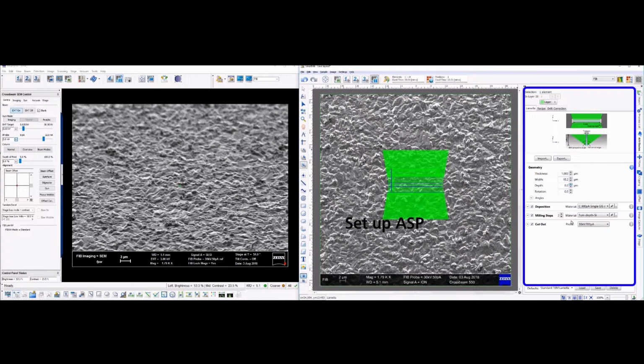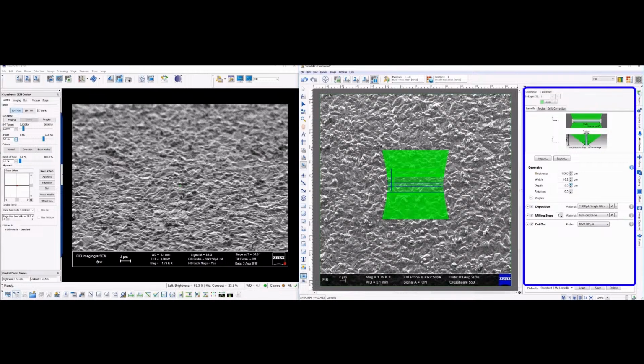For doing the deposition, you can choose what sort of deposition, if you want platinum or carbon, and what sort of parameters relate to that. Whether you want to do it or not, you can check mark or uncheck that. There's milling steps that you can choose, and what sort of recipe you want to do with the milling steps for the bulk milling steps. And then it's harder to see here, but there is undercut that's here as well. And it will do that, and you just assign it what recipe you want to do it. It'll tilt and do all that automatically. So I'm going to resume the video,